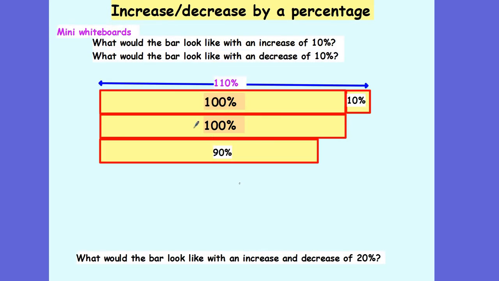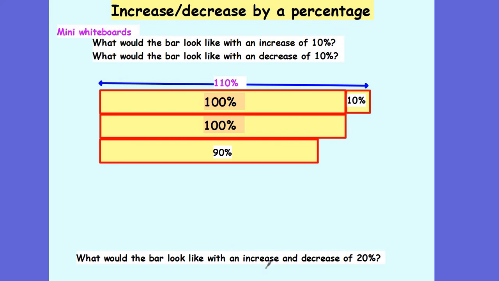Okay, this is what our bar should have looked like. The increase, we should have added on an extra 10%, which gave us 110% along the top. And a decrease of 10% would have given us 90%, so a shorter bar along the bottom. Can you now pause the video and, in exactly the same way, can you show me what the bar would